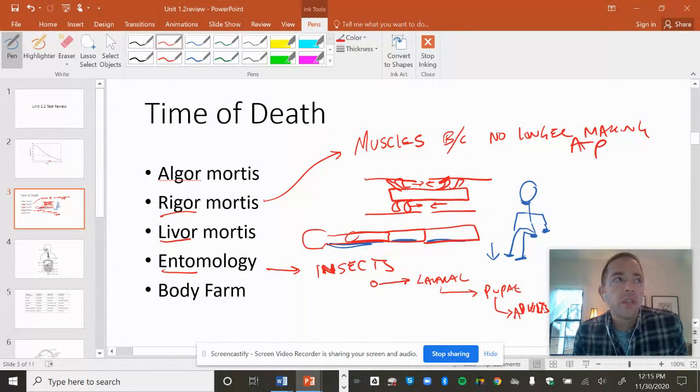So if you see lots and lots of maggoty types of things, well, those are larvae and they're past the egg stage. So it might be multiple hours. It depends really on lots of different conditions. We talked about how it's important to understand where the body was found, right? So that plays a big part in the algor mortis, if they're outside or inside, whether they're clothed or unclothed,